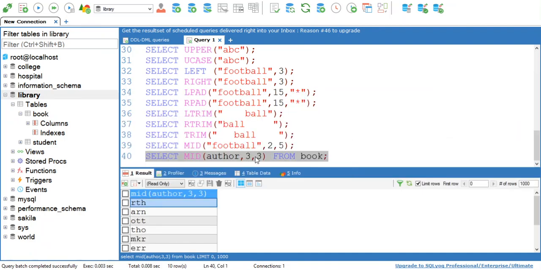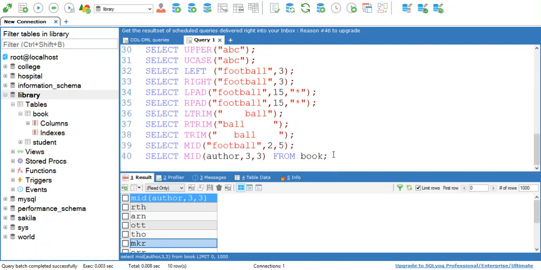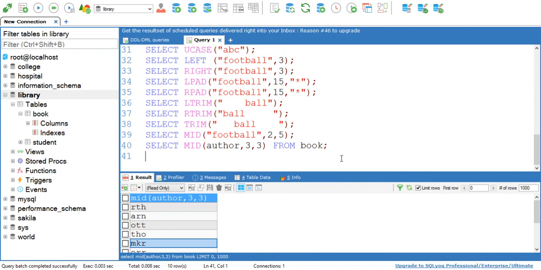I have given 3 as the length of my output, and 3 also means starting from the third letter. So starting from the third character of each of the author names, 3 letters are displayed. This is how we can find the substring.